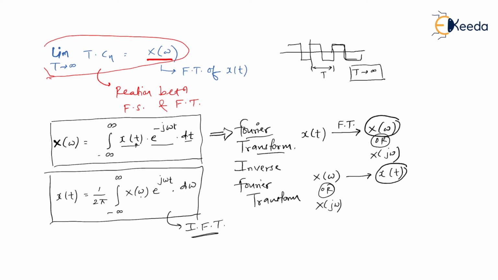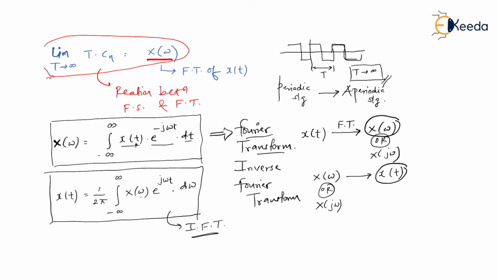So after infinity time, the second cycle will come. So please understand, when I say the second cycle will come, but when T tends to infinity, it means the second cycle will never come. If I say the second cycle will never come, it is no more periodic. So for a periodic signal, when T is approaching infinity, a periodic signal gets automatically converted into an aperiodic signal. So a periodic signal will naturally get converted into an aperiodic signal.